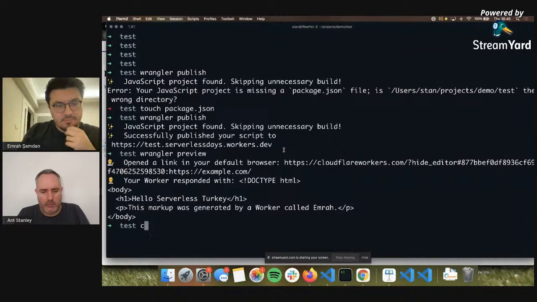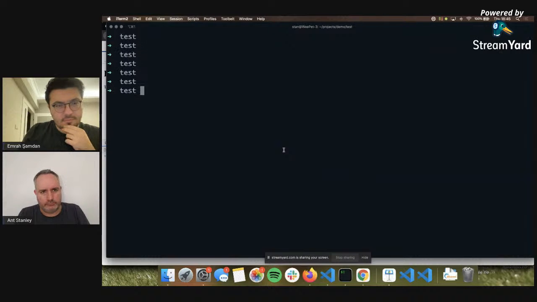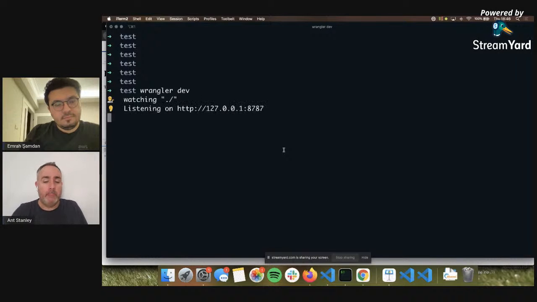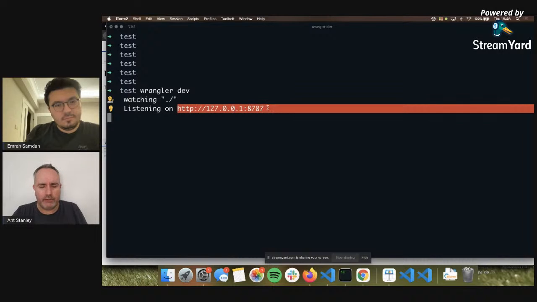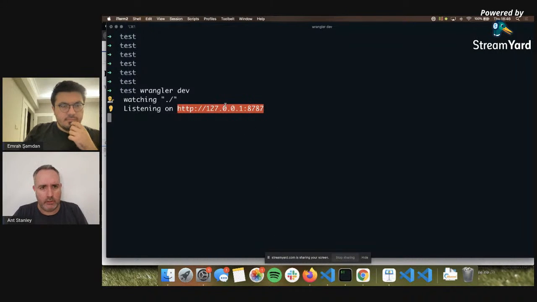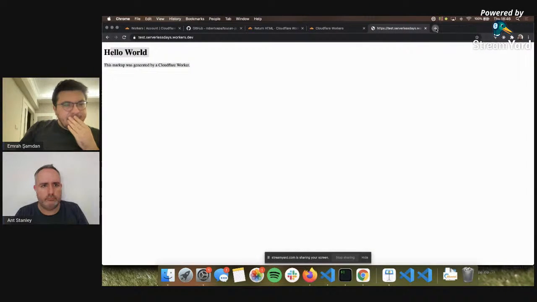Or you go, let's just clear this again. Let's go Wrangler Dev. Now this is the other option. So what it does is it deploys your site to Cloudflare and then tunnels it locally. So Wrangler's doing this redirection locally. It starts up the server that redirects to your now running site, your locally deployed, running site. And if I put that in,